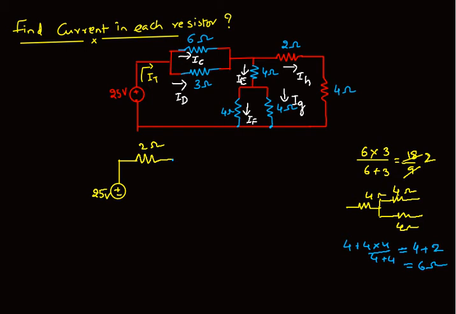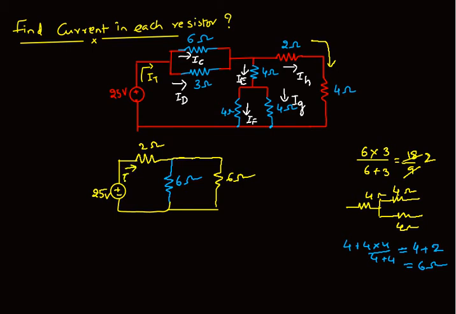So this you can draw like a 6 ohm resistor. And if you think about this circuit, here you can see both are in series. So now we can simply add them, that means 2 plus 4 is equal to 6 ohms. Now we can take only 3 currents here.